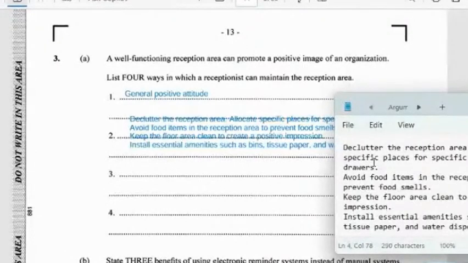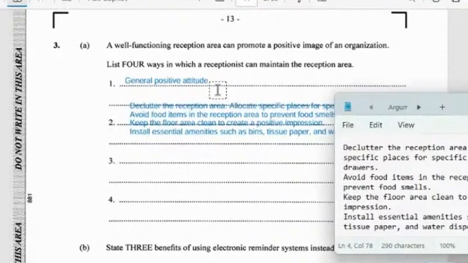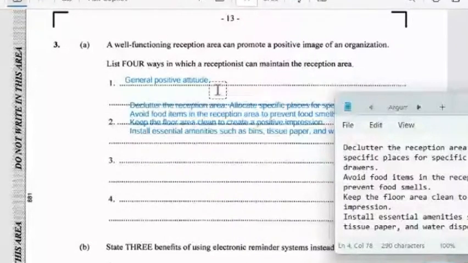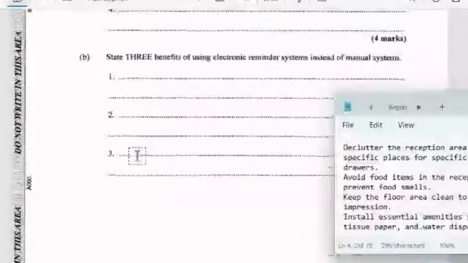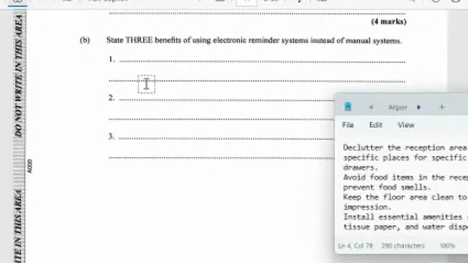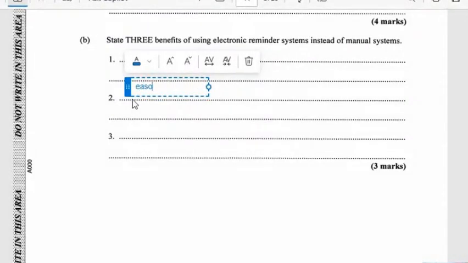They said here some ways receptionists can maintain the reception area are declutter, avoid food items, keep the floor area clean, and install essential amenities such as bins, tissue paper, and water dispensers. I believe those points are very much self-explanatory. 3 benefits of an electronic reminder system instead of a manual system. It does not require much effort, easier to utilize,